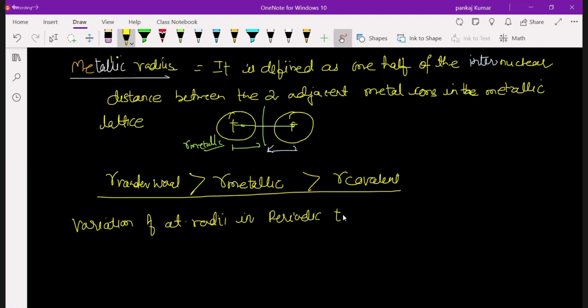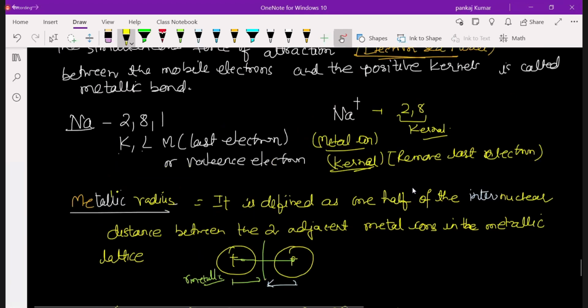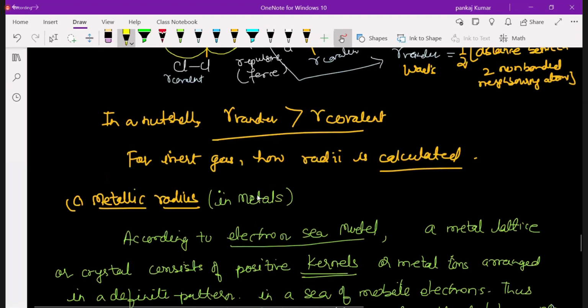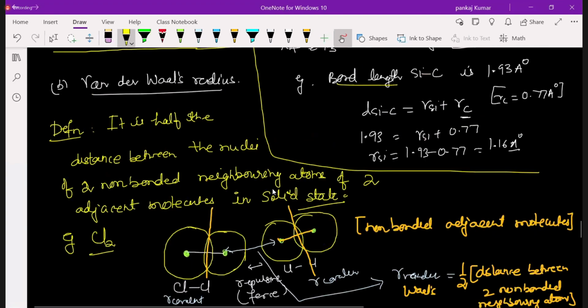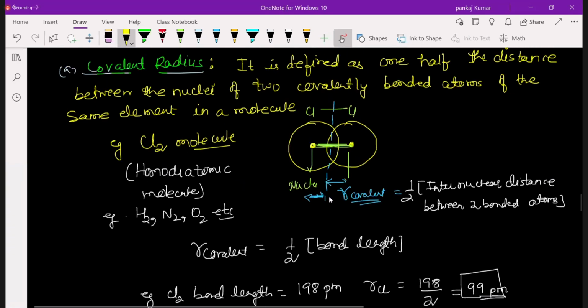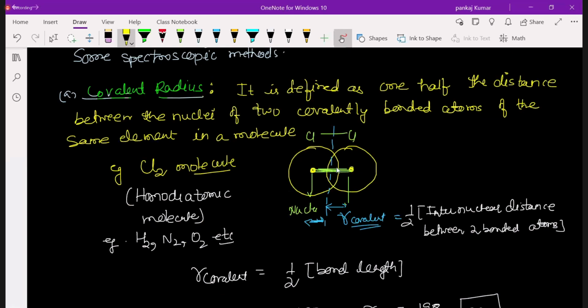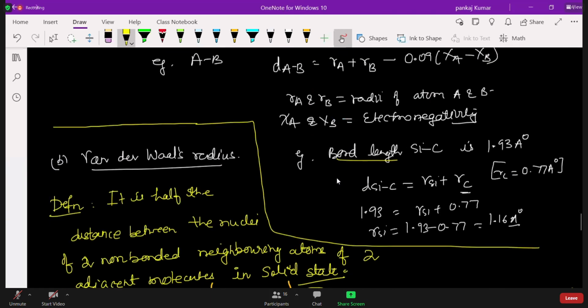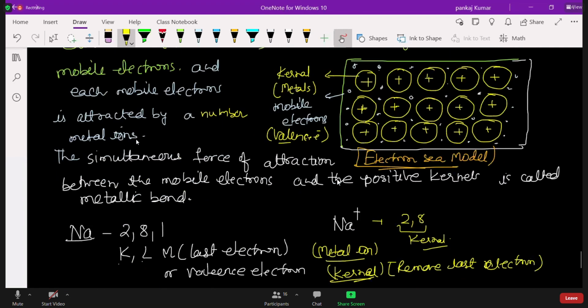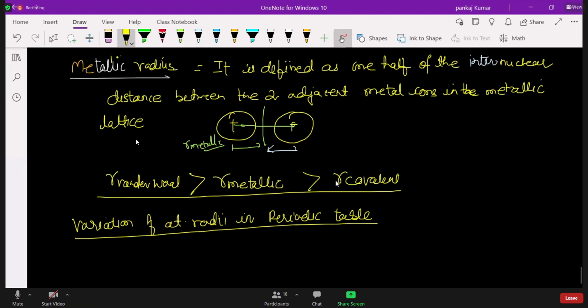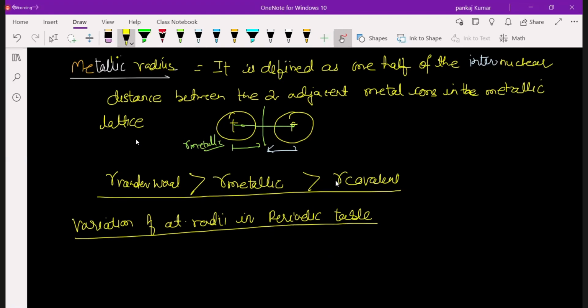So where is the covalent bond in this example, sir? Cl2. We did Cl2 here. Where is the covalent bond? Here. The bond is covalent in Cl2 molecules. But I'm talking about that metallic bond example. It is only a metallic bond, no, sir? How is that a covalent radius?